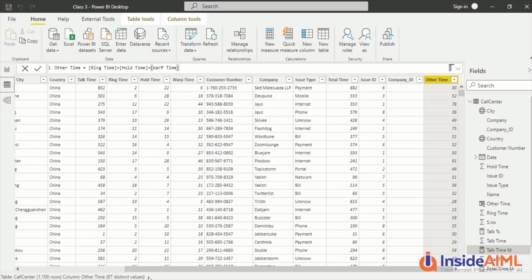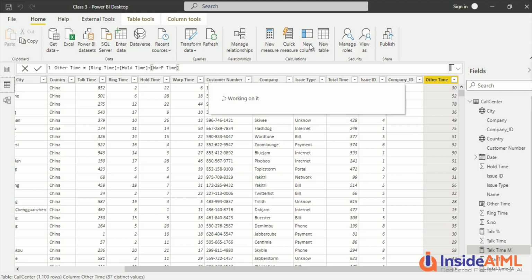Okay, so I'm assuming that you went ahead and tried this out. So first of all, I'm going to create a new column out here. The new column option is under the Home tab. I am already in the data mode, so under the Home tab I get this option. Otherwise, I can click on any of the columns and I should get the new column option. Once I click on the new column,